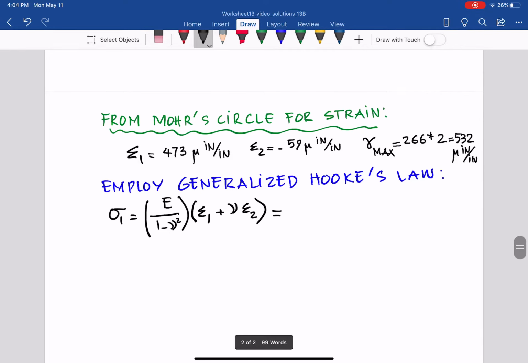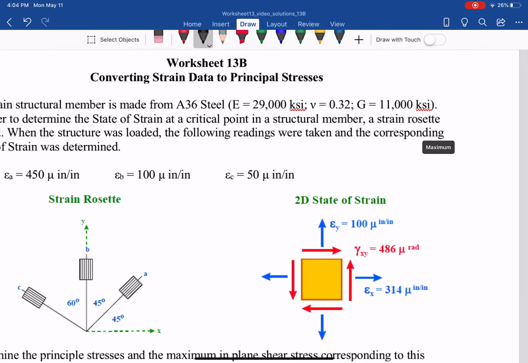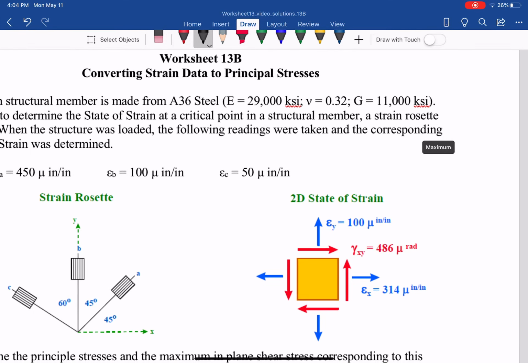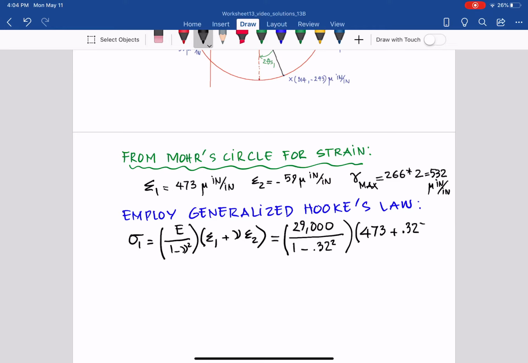Plug in E for A36 steel, which is still the problem given, otherwise go to appendix B: E 29,000 KSI, nu 0.32, and chi 11,000. So we can go back here and plug in the numbers that we have: 29,000, 1 minus 0.32 squared, epsilon 1 473 plus 0.33 for nu times negative 59,